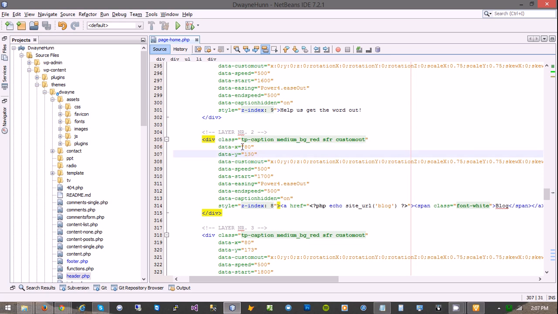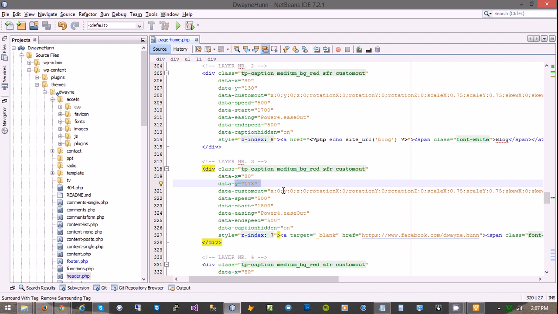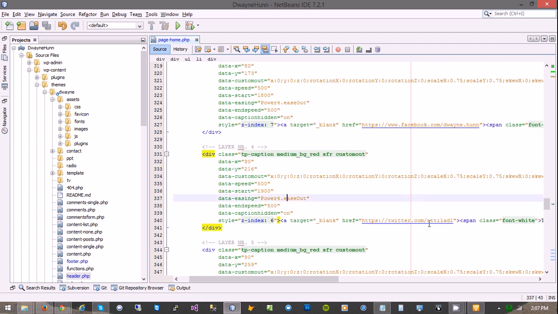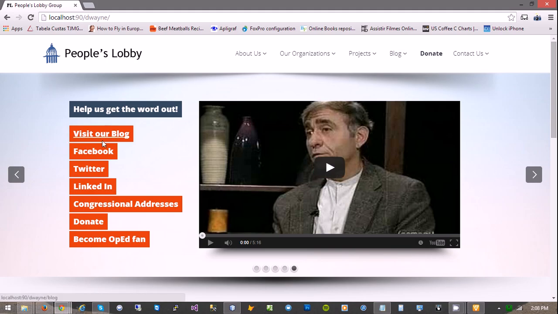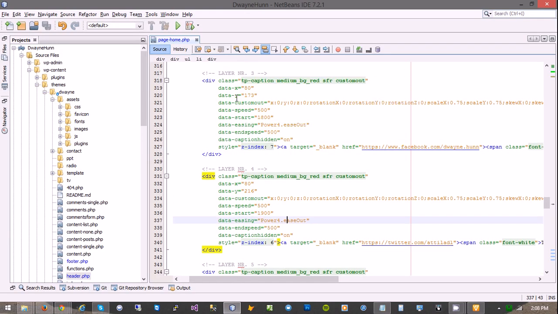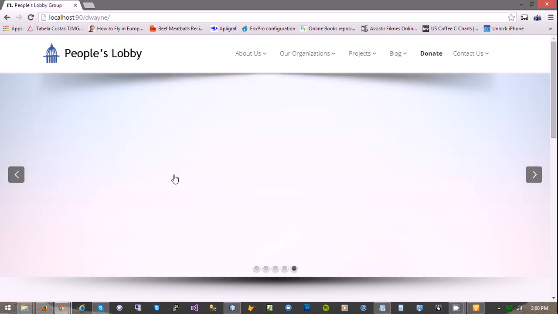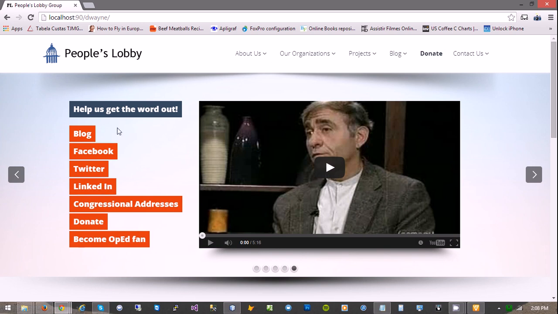As you can see here, all of them starts with data X 80 and the Y keeps increasing. So 130 for the blog, 173 for the Facebook, 216 for the Twitter, and so on. So each of these links, right, they will be changing on the data y-axis, and the data speed, it's always the same. You can change if you want, but important here the data start, so it gives the proper sequence. So the links will be added from top to bottom, as you can see here, right? Gives a nice